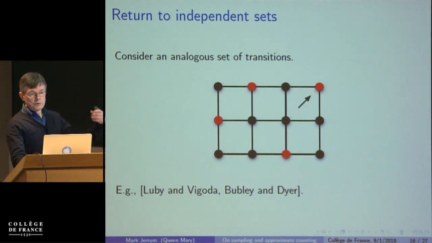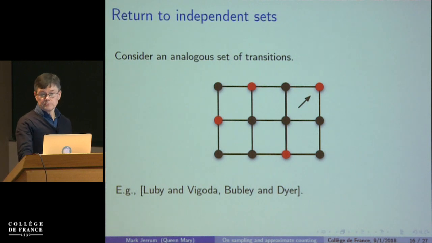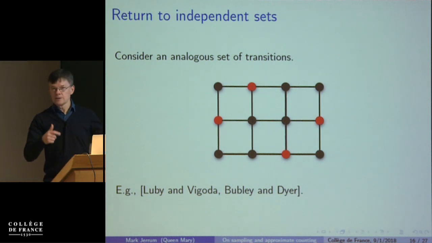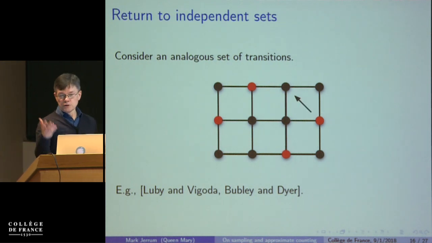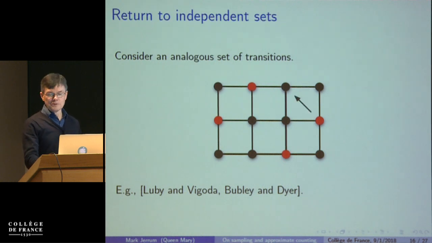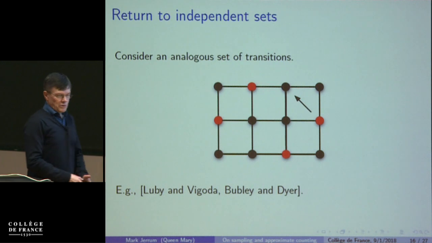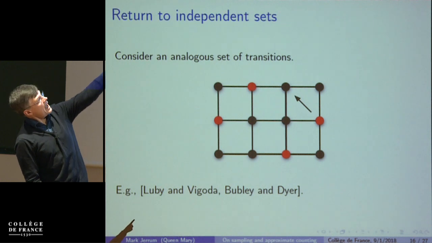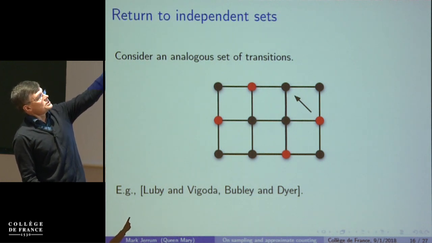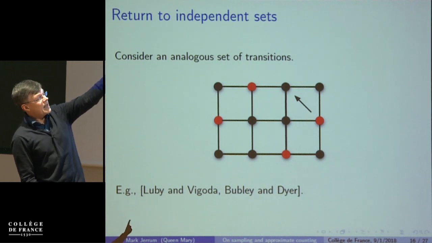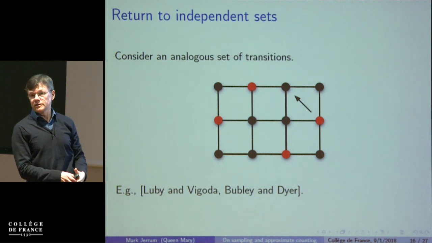And what is the game? You choose a vertex uniformly at random, and then you flip it. Okay, and then you choose a vertex and you flip it. So the red guys, remember, are in the independent set. And then you choose a guy and you try to, well, it depends what the rules of the game are. But the simplest Markov chain would be to say, in that case, you stay put, because I can't add that guy without creating an edge. I'm not allowed to color the two ends of a single edge red.